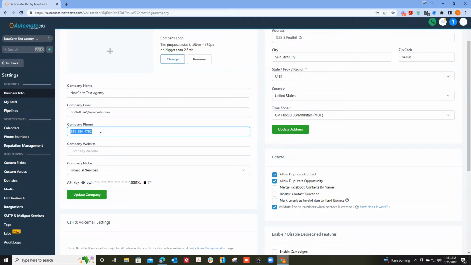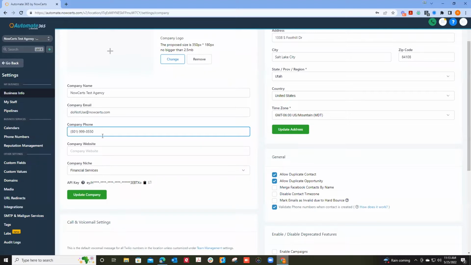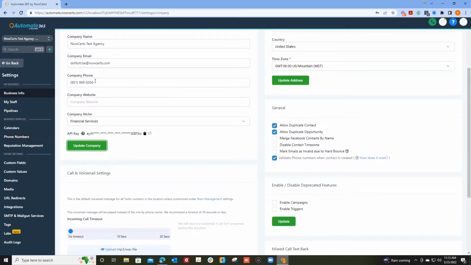Let me fix this, because I think that's why I got a little glitch on that. So two things: if I don't set up a number inside the call forwarding over there, it's going to default to this number. So now if I try that again, it should go to